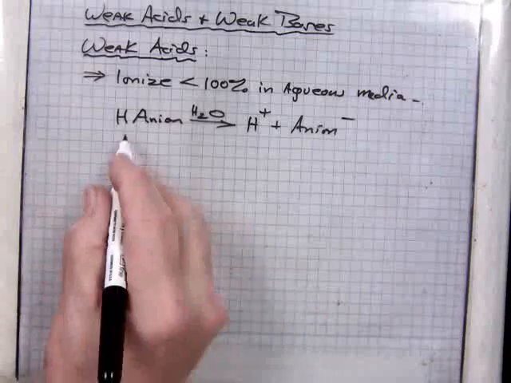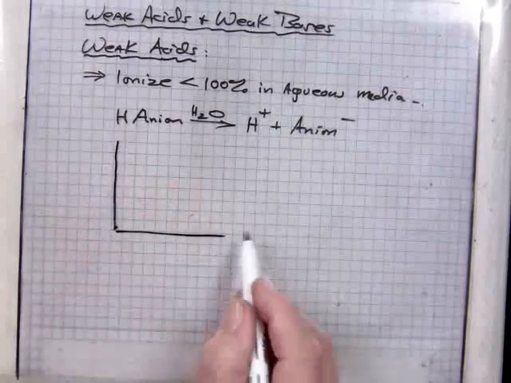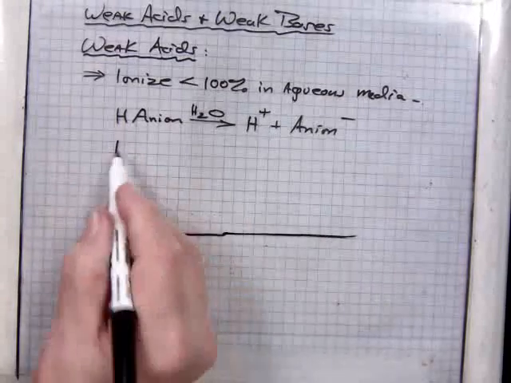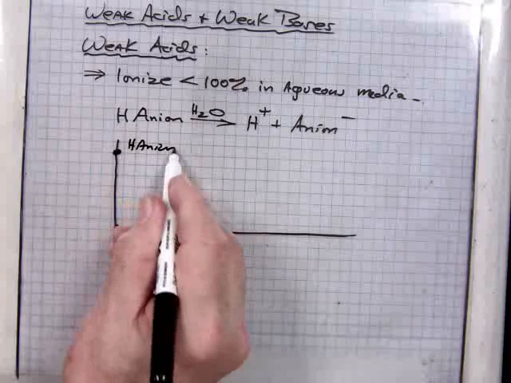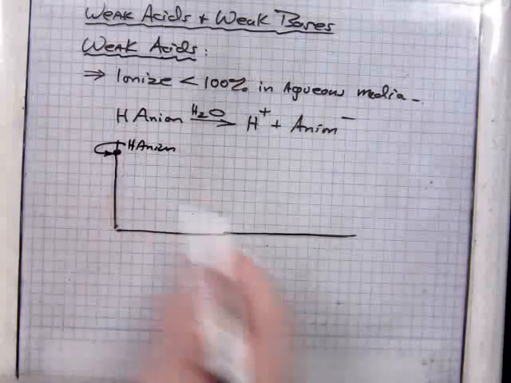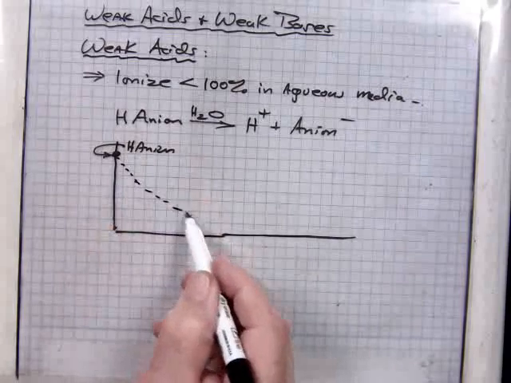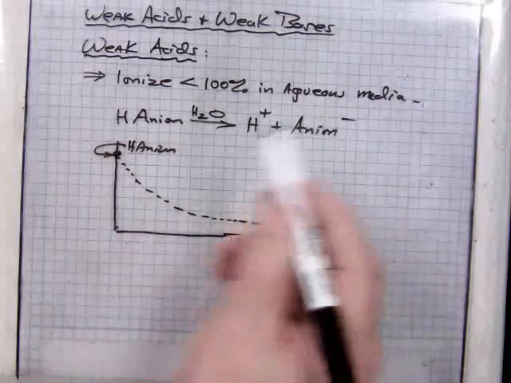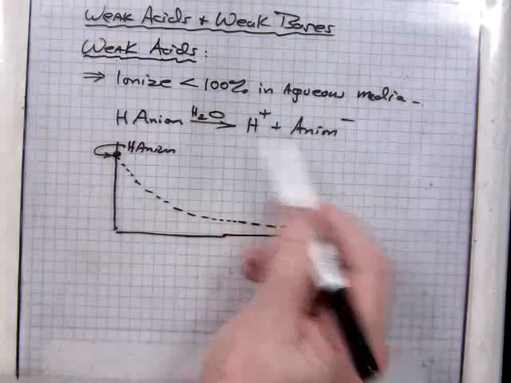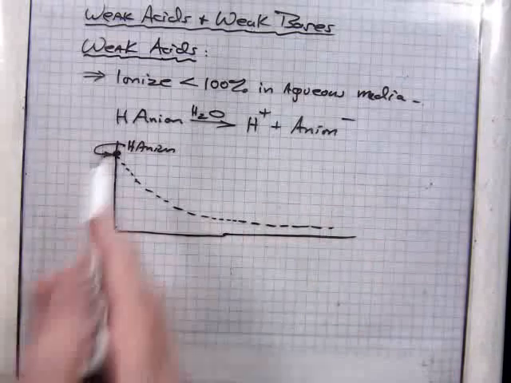And we can see that as we've drawn concentration versus time. We have the HA here, and so its concentration begins to decrease like this along that trend, and the anion and hydrogen do ionize in equal amounts, so 1-to-1 ionization,